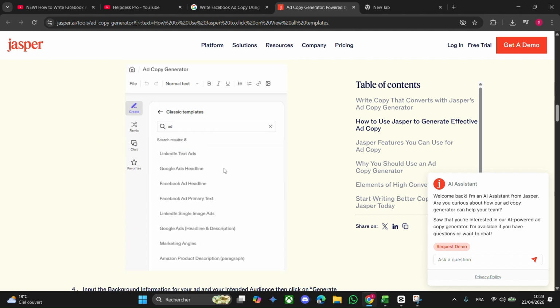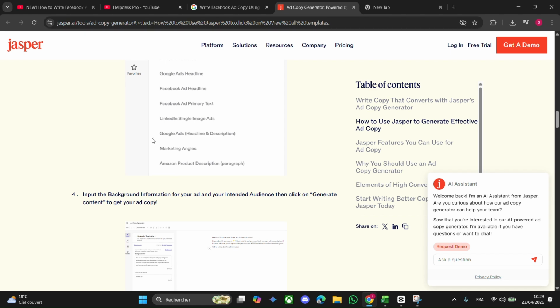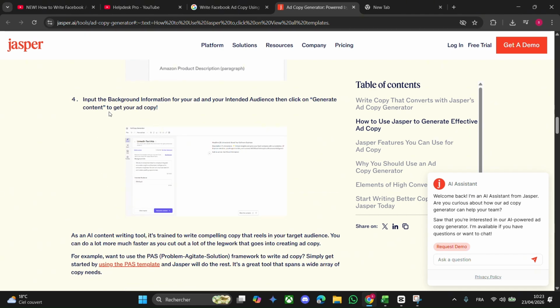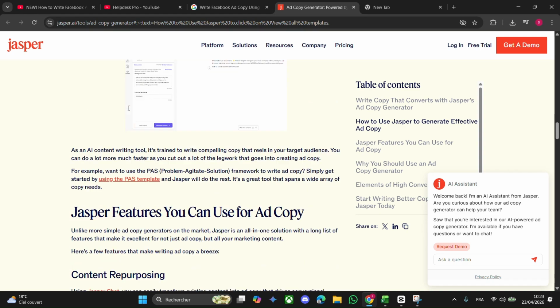Here you can choose either a Facebook template, LinkedIn template, or other social media ad template, and click on Facebook ad template. Now put the background information of your ad and your intended audience, then click on generate content to get your ad